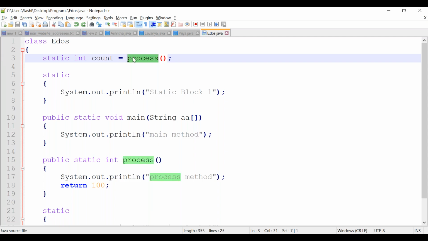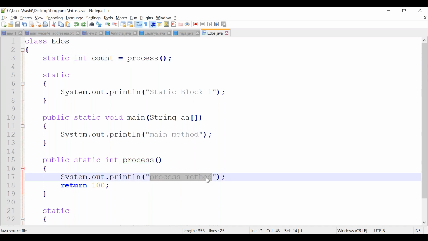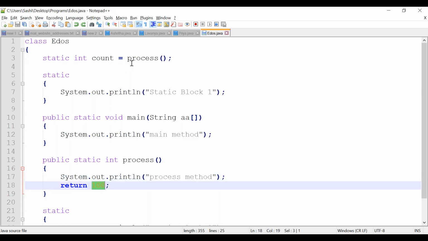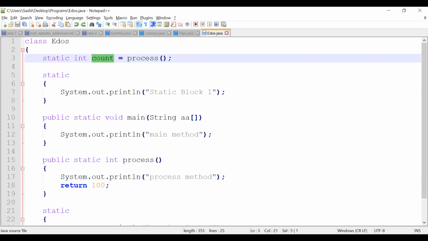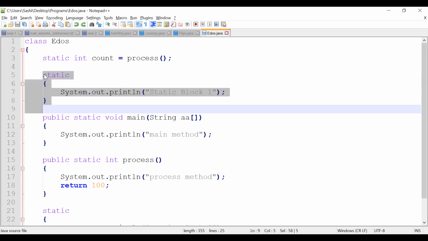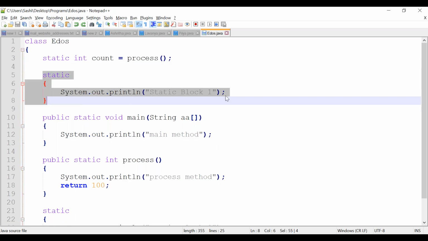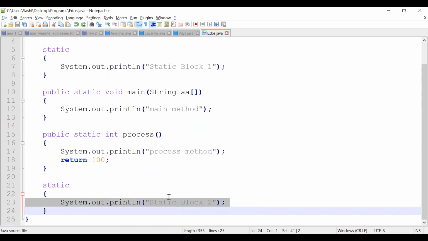What happens? Flow goes inside the process method. We are printing this is process method. Then you are returning 100. 100 will be stored in the count variable. Once the static global variable is reinitialized, the next is the static block. Static blocks will be executed from top to bottom, static block 1, then static block 2.